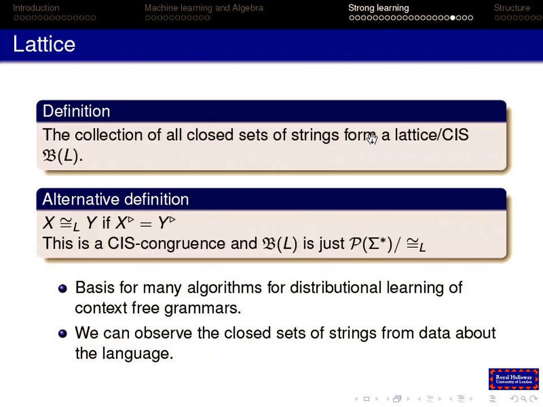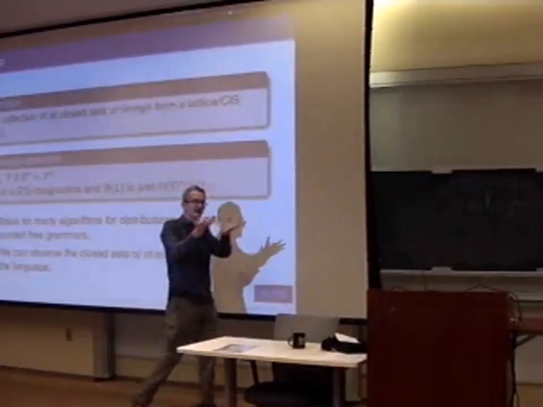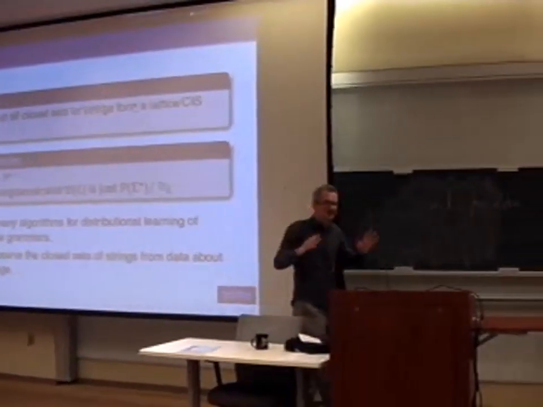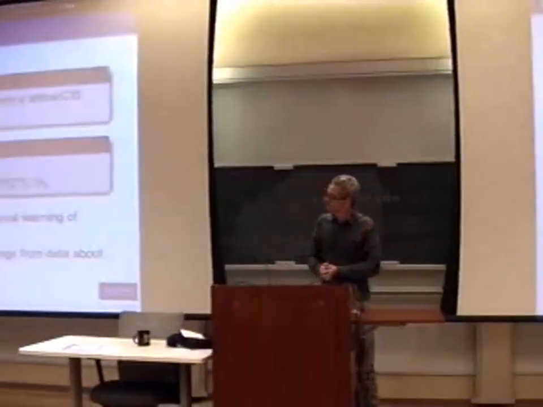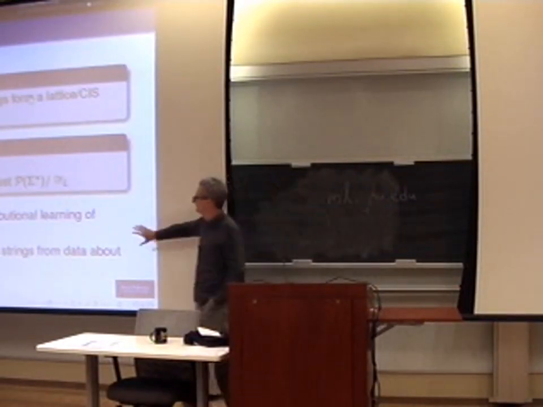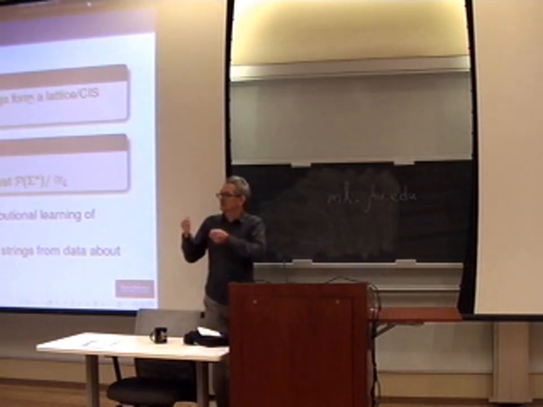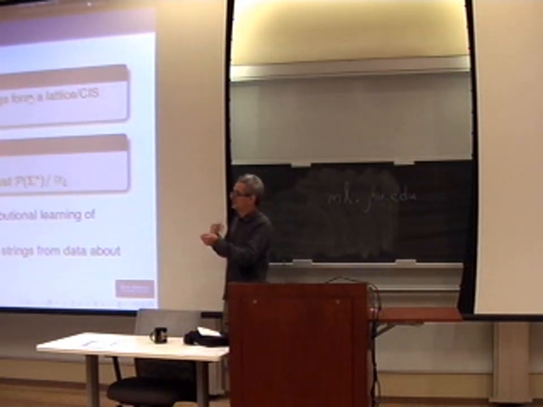So just like when you do a dimensionality reduction in a real vector space, you're saying the difference between these 2 strings is uninteresting, so we're going to quotient it out. Here what we're saying is we take this distributional equivalence, we quotient that out, and we get this unique sort of low dimensional, if I can abuse notation like that, representation. And crucially, we can just observe this stuff. We can observe the closed sets of strings just by taking data and looking at the relationship between sets of strings and contexts.